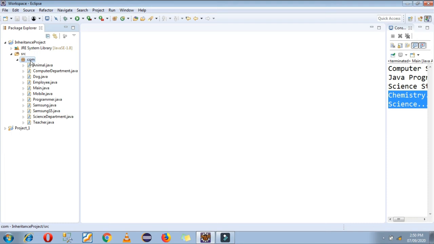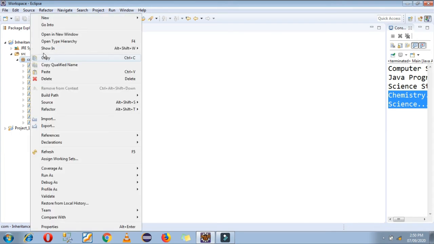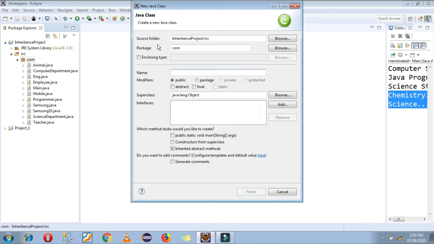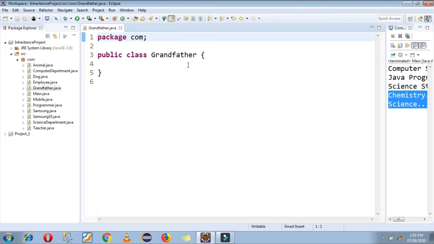So in the same package I am going to create my grandfather class. So here I am creating my grandfather class now. In this grandfather class I am just defining one single method, that is a land method.